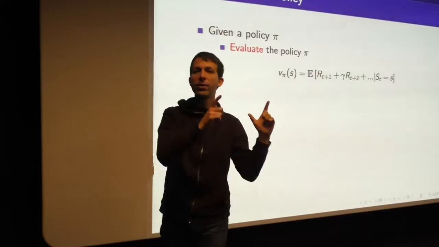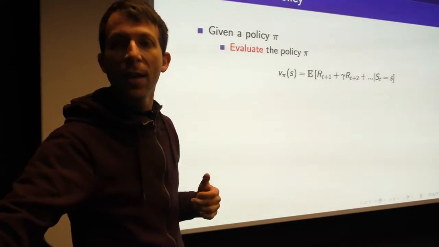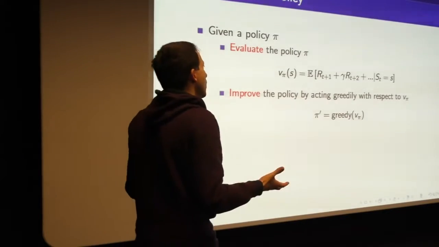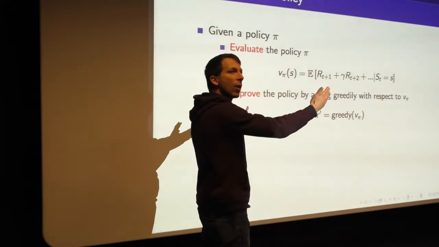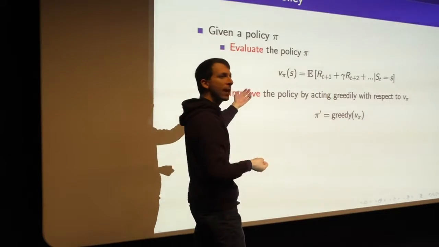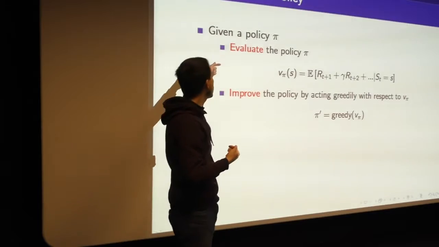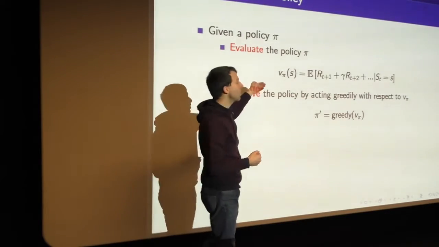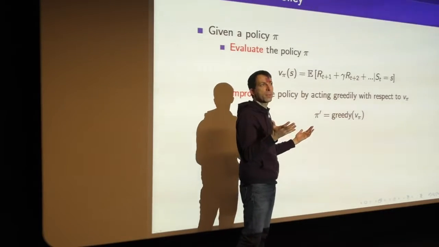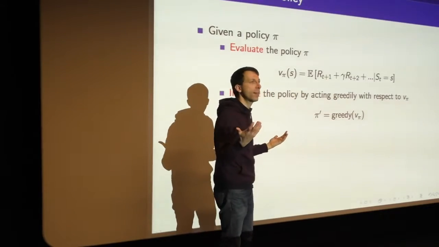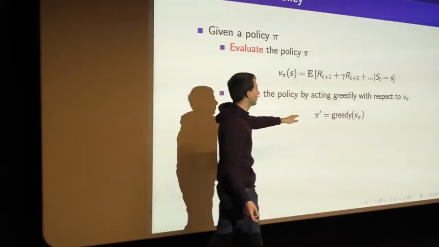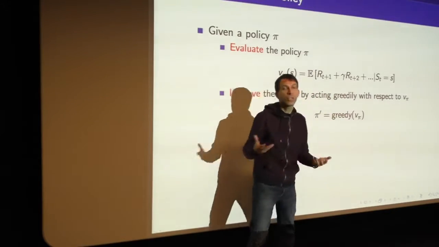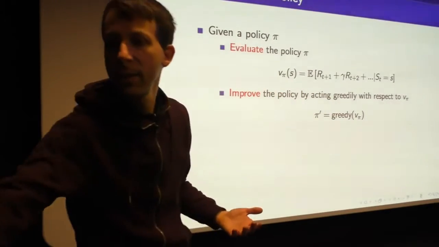It's just filling out those numbers like we just did. And then we improve the policy, just like we did on the right-hand column, by acting greedily with respect to our value function. So you start with a policy, you evaluate that policy, and then you act greedily with respect to the numbers you filled in. We'll define precisely what we mean by greedy, but essentially we mean precisely what we saw in the last example,